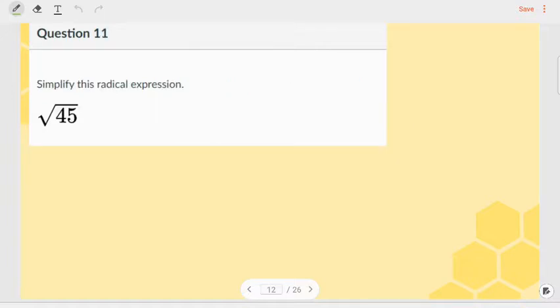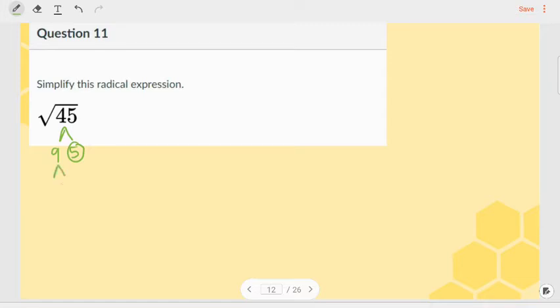Question 11, simplify this radical. Now, you'll notice on your assignment that it is multiple choice, and you'll notice that decimals are not a possibility. So I'm not going to type this into my calculator. What I'm going to do is see if I have any perfect squares inside my square root. Well, how do I do this? I'm going to create a factor tree. 45 splits into two factors: 9 times 5 is 45. I'm going to circle any prime numbers that I have, and any non-prime numbers that I have, I'm going to